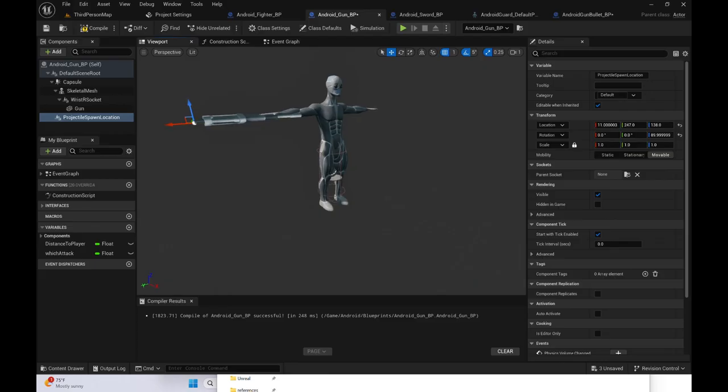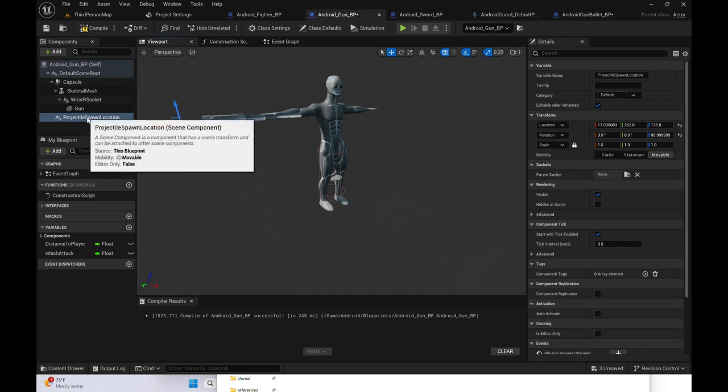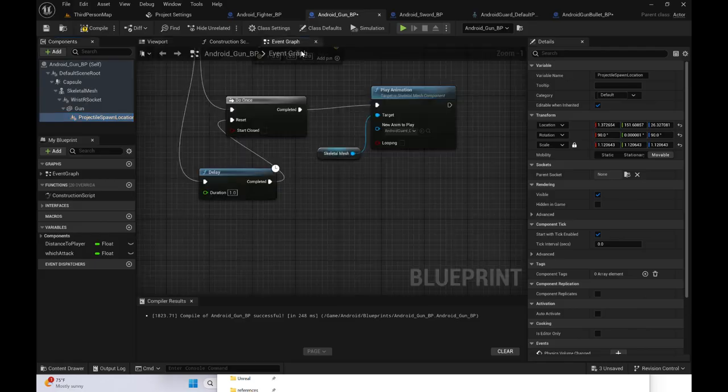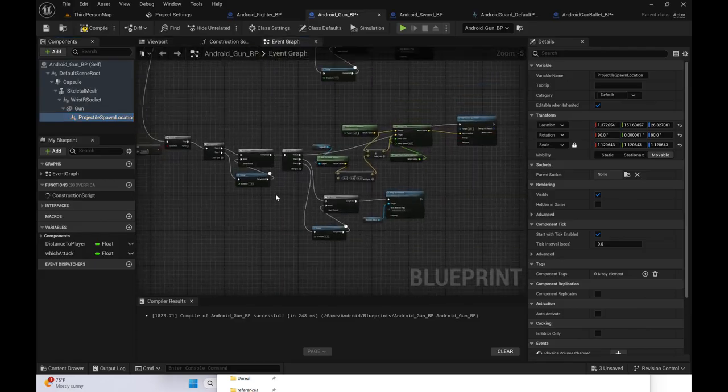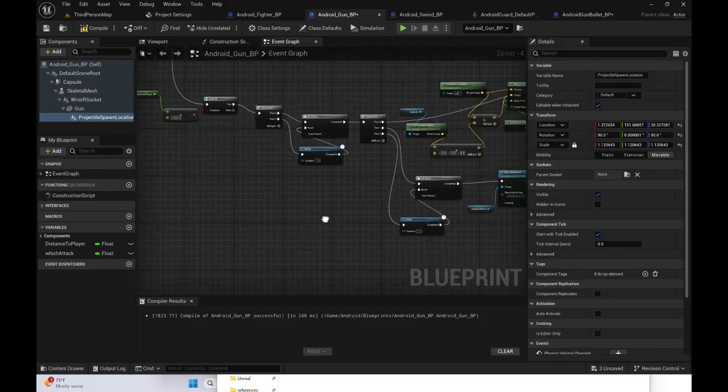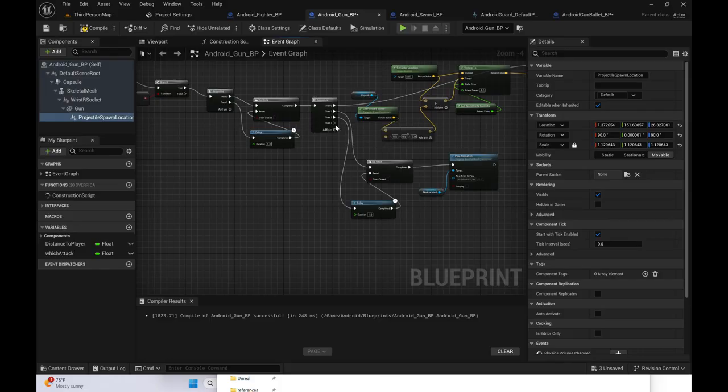Doesn't have to be super accurate. Bring it out a bit. And I need to parent it under the gun so it's constantly following the gun. With that, whenever he's less than 1,000 units from the player, what I'm going to do is create